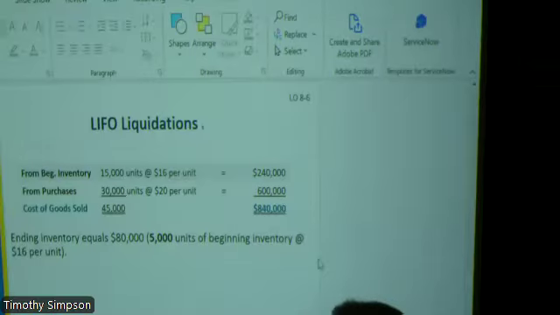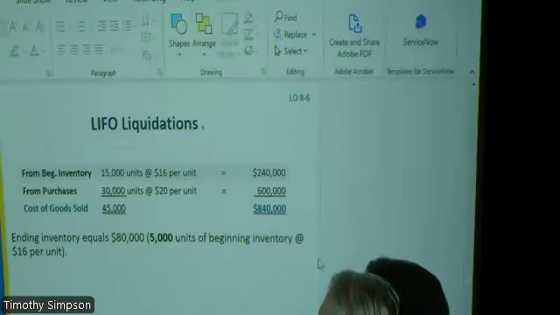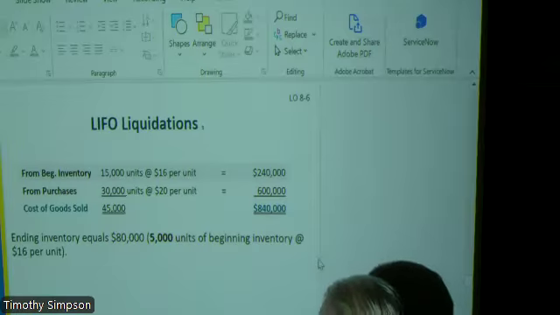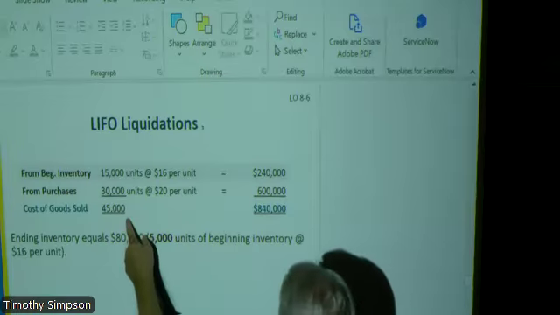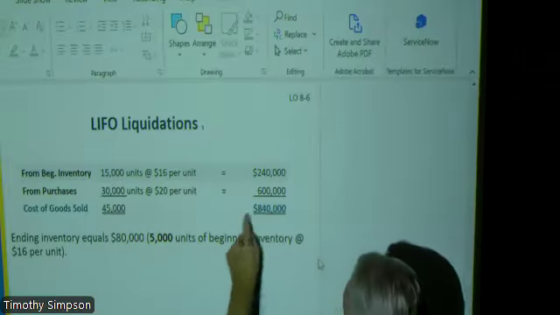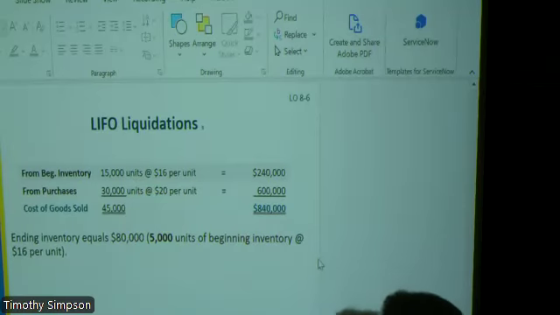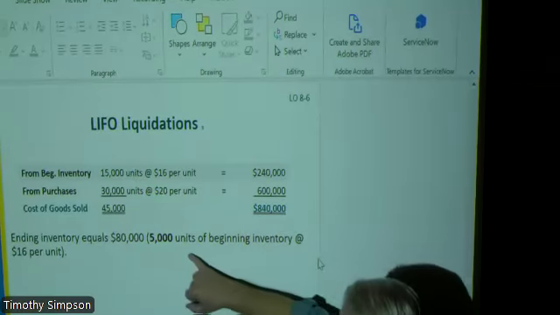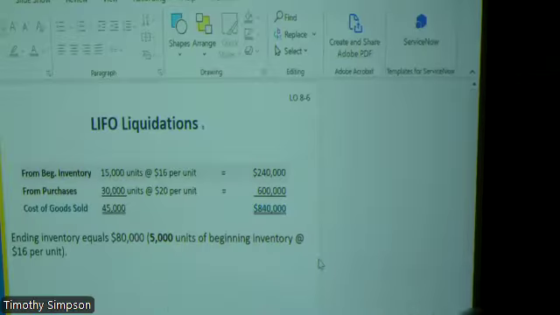12-ounce ketchup versus 24-ounce ketchup, or whatever, and do this again and again all the way across the spectrum if we're dealing with inventory. So we sold 45,000 units, and again, it's quantity times price, so 840,000. So inventory then equals $80,000 because we have 5,000 units remaining, and that 5,000 units remaining was at